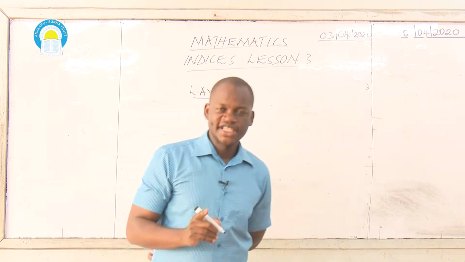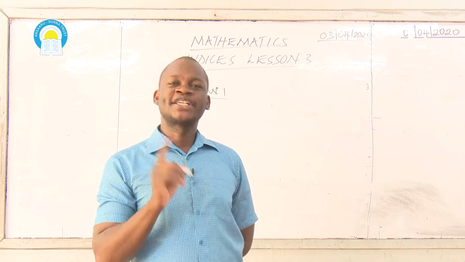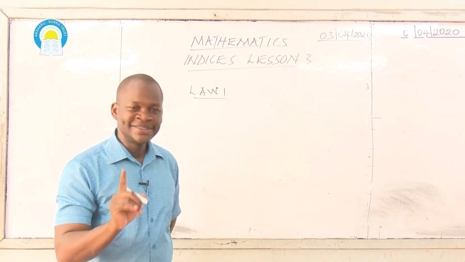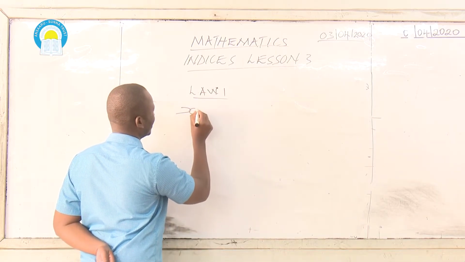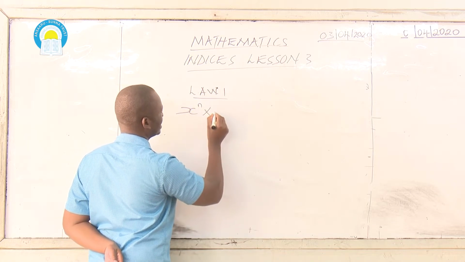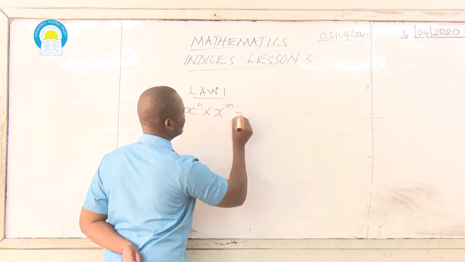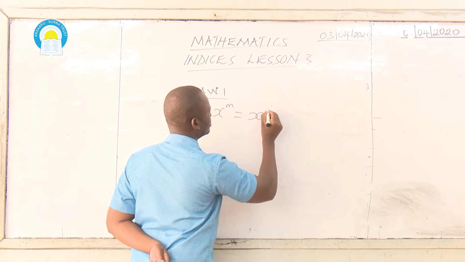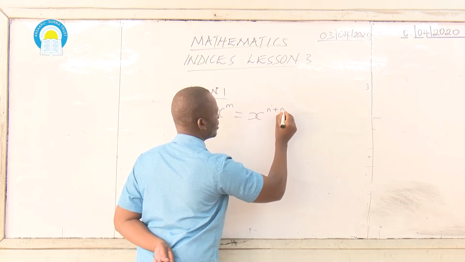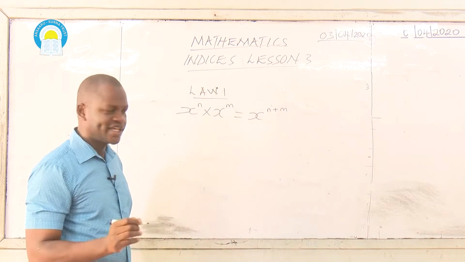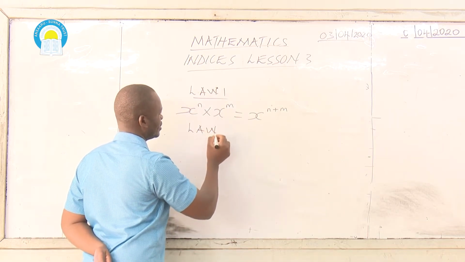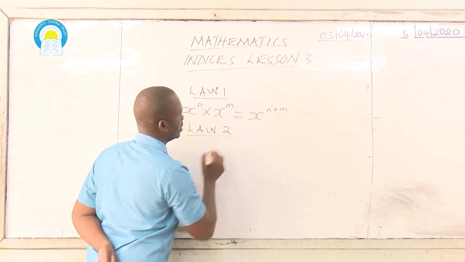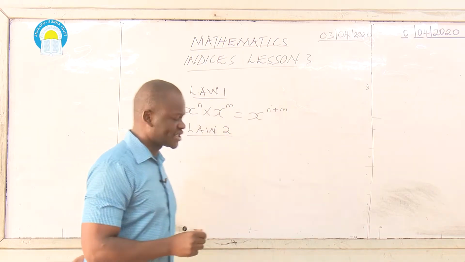This was the law in regard to multiplication of numbers with similar bases. That was stated as x power n times x power m is equal to x to the power of n plus m. Then our second law, law number 2, was in regard to